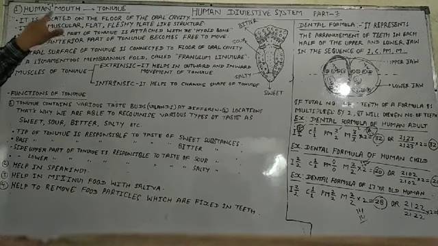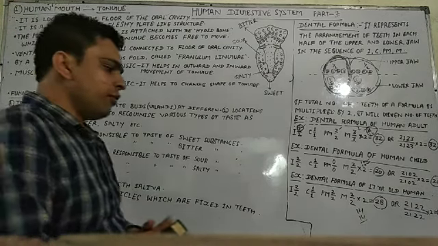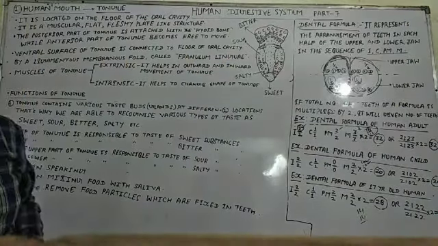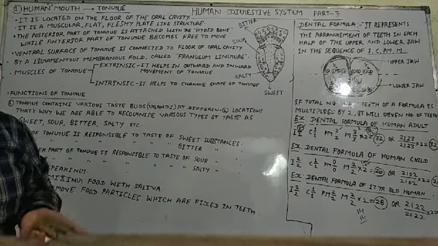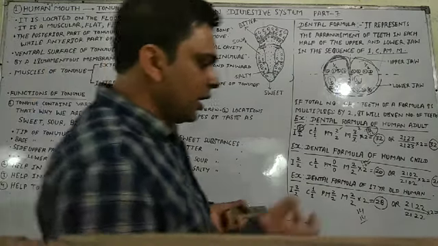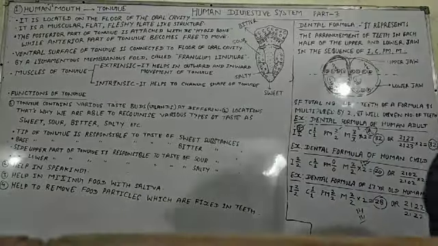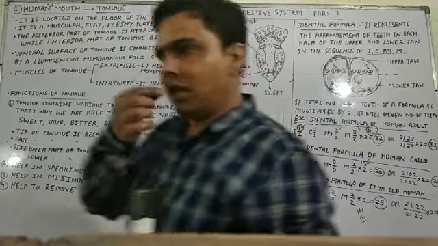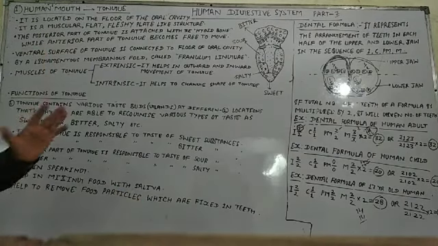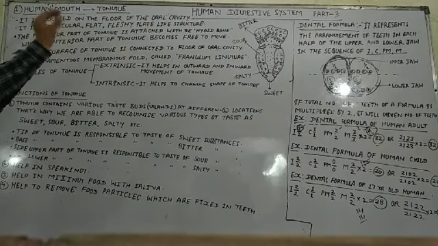What is the next point? It is a muscular, flat, fleshy, plate-like structure. You know very well, you can feel your tongue. The tongue is muscular. Why do I call it muscular? Because you know very well the tongue is a structure where no bones are found. In our tongue there are no bones. Clear, students? But muscles are found, so this is a muscular organ.